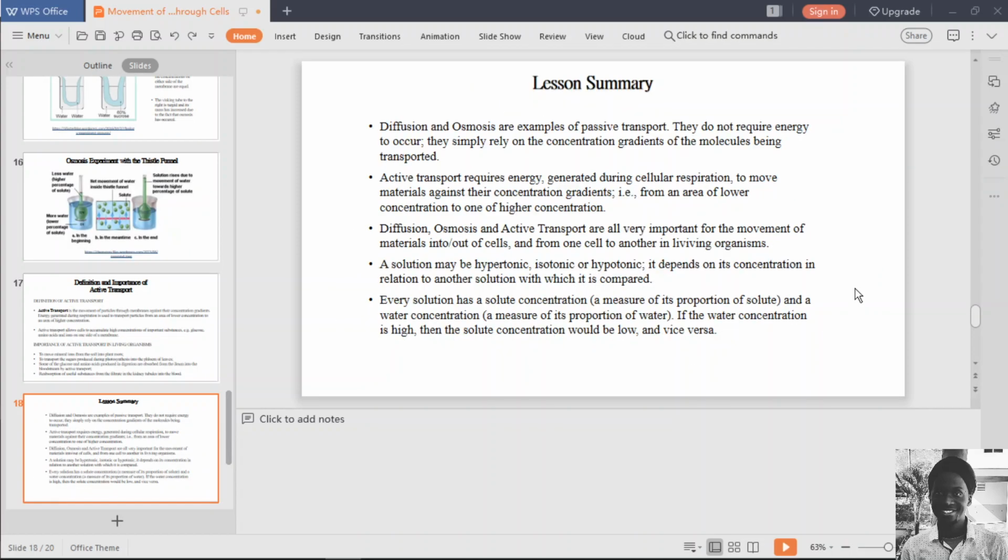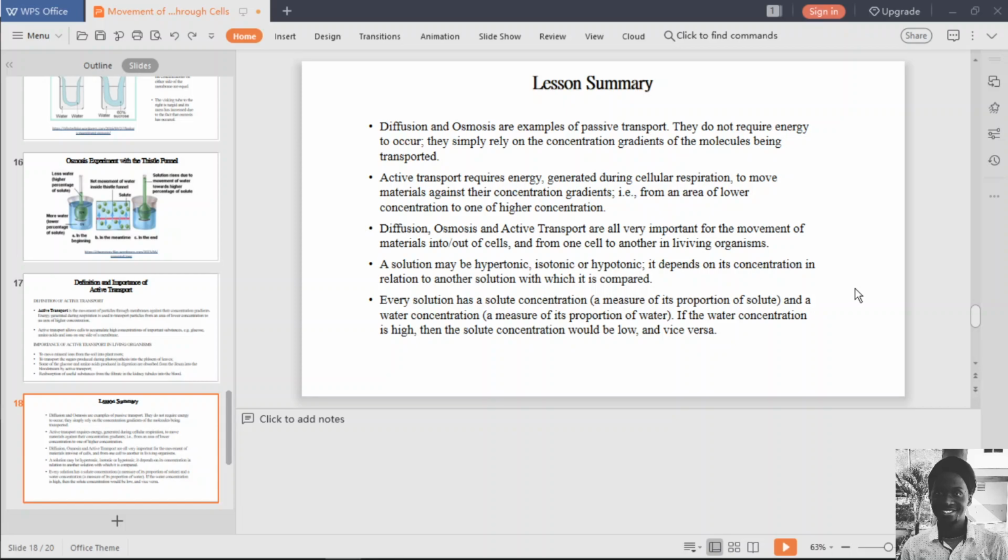Good. So there are a few points I want you to recall from this lesson. First of all, you need to recall that diffusion and osmosis are examples of passive transport. They do not require energy to occur. They simply rely on the concentration gradients of the molecules being transported. Secondly, active transport requires energy generated during respiration to move materials against the concentration gradients, and that is from an